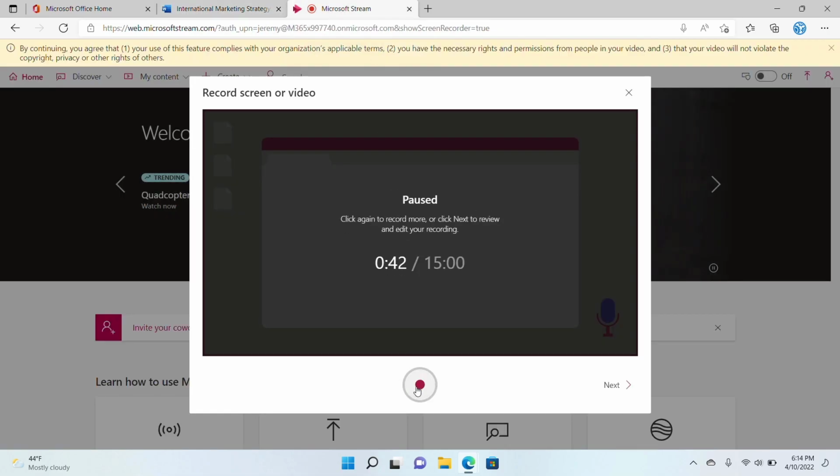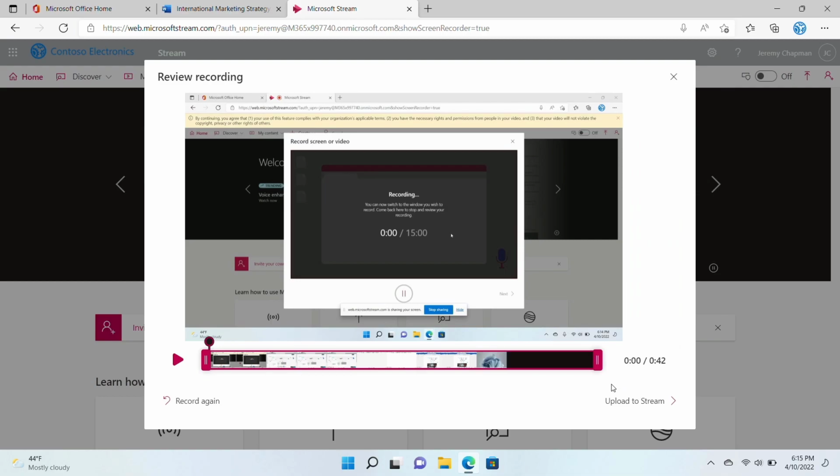right now that's going to actually pause the recording. I can do other stuff and then resume if I want to. And if I want to stop the recording, well, that's where I can go to the next button, and that actually stops the recording. Then from here, if I want, I can edit this recording down.